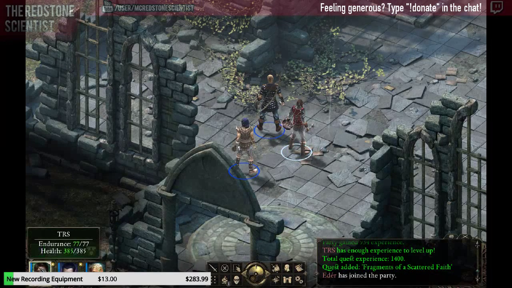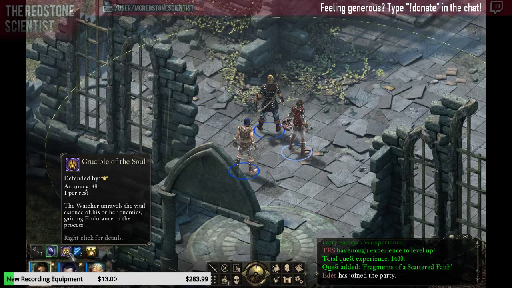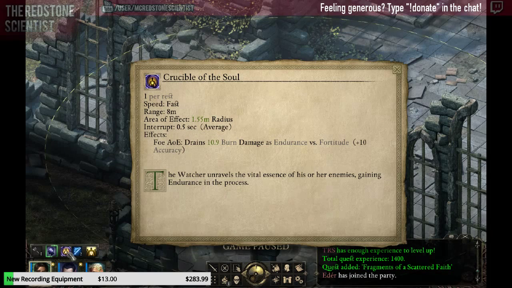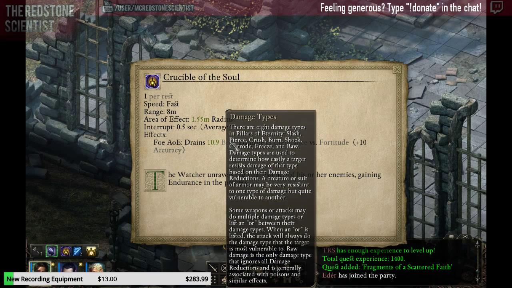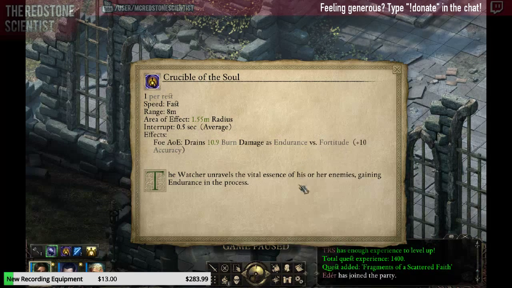Great. So now let's take a look at his menu here. So this is gonna... Oh, right. The Crucible of the Soul is a new thing we got. And I think that has to do with the fact that we got lore. Is that right? Okay, so Crucible of the Soul. The Watcher unravels the vital essence of his or her enemies, gaining endurance in the process. So it... Foe area of effect drains 10.9 with a base of 10 burn damage. As endurance drains the damage, and the damage gets converted to endurance, and all of that can be defended by the enemy's